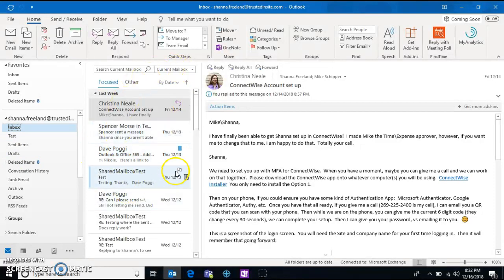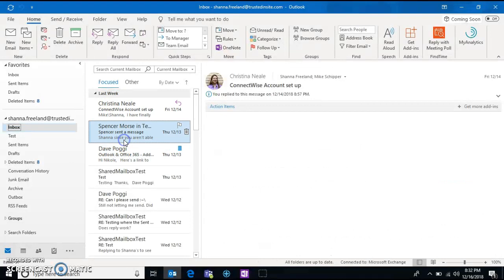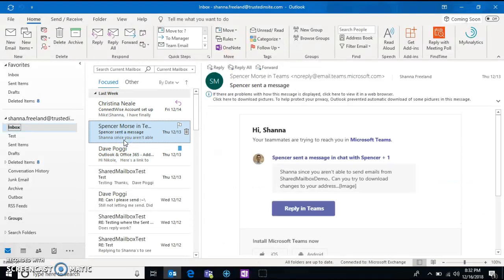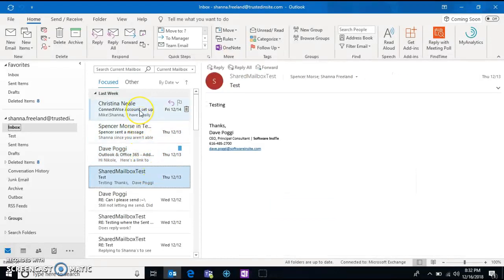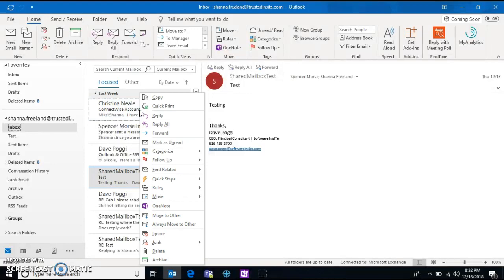Next to your folders, you have what's called your inbox. This is a preview of all your messages. So if you click on them, they will show up in the reading pane to the far right. Once again, from right-clicking or double-clicking on your touchpad, you get all of your email options. You can quick print, reply, reply all, forward, mark as unread, or the categories and flags are really cool in